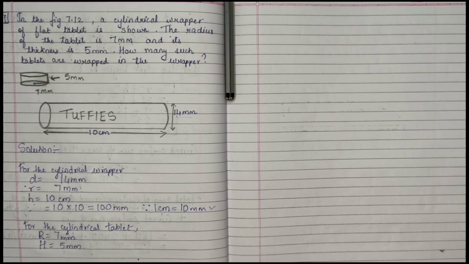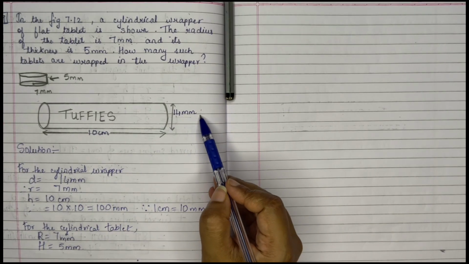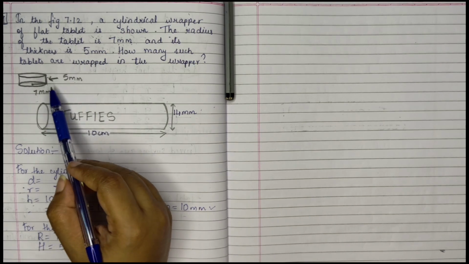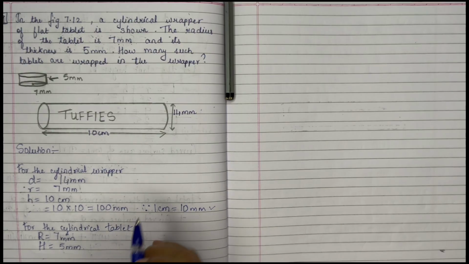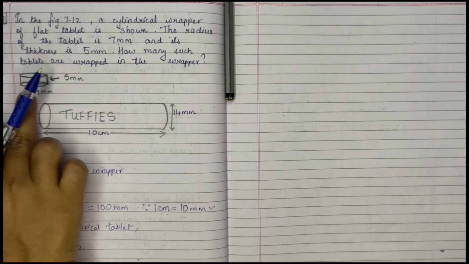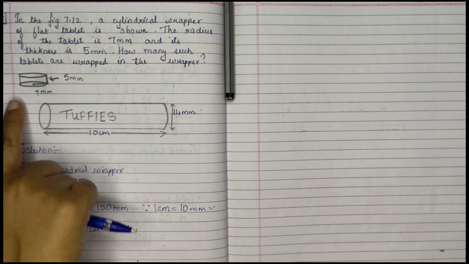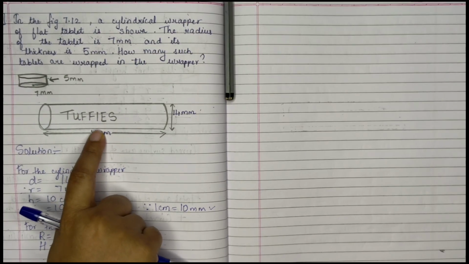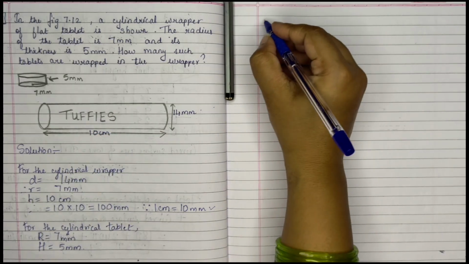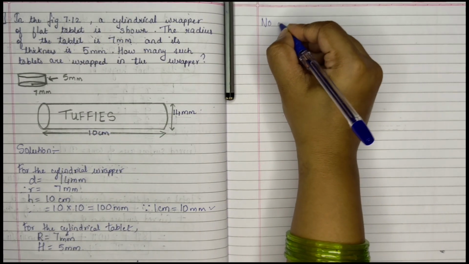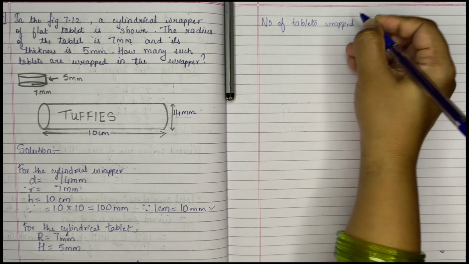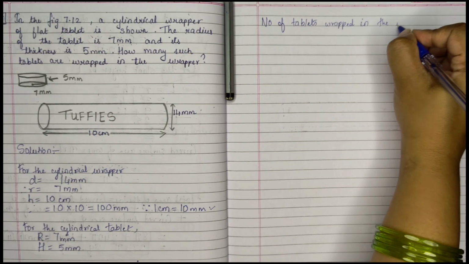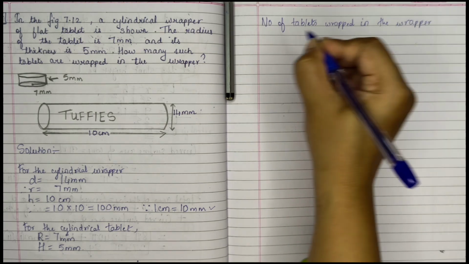Now what I have done here, first I have written everything for the cylindrical wrapper, whatever is given here, and for the cylindrical tablet I have written what is given, the height and the radius. Now what we have to find is how many such tablets are wrapped in this wrapper. So we will find the number of tablets wrapped in the wrapper. So write the number of tablets wrapped in the wrapper is equal to